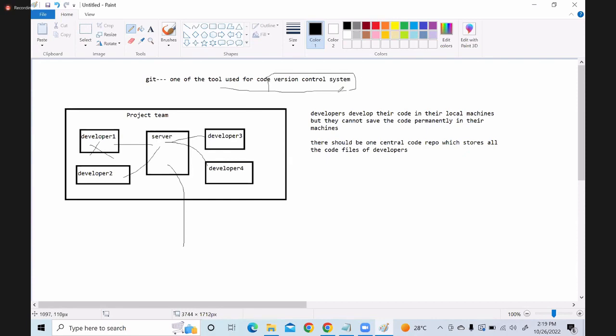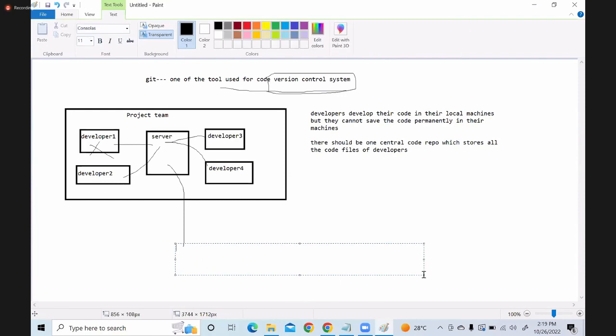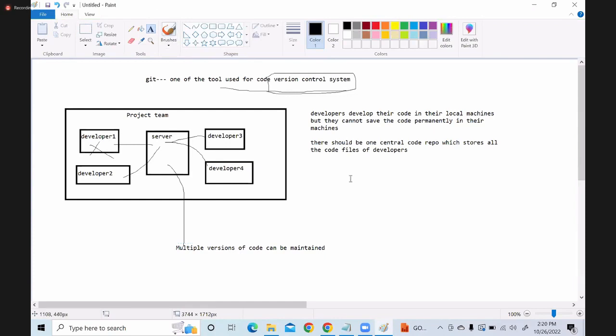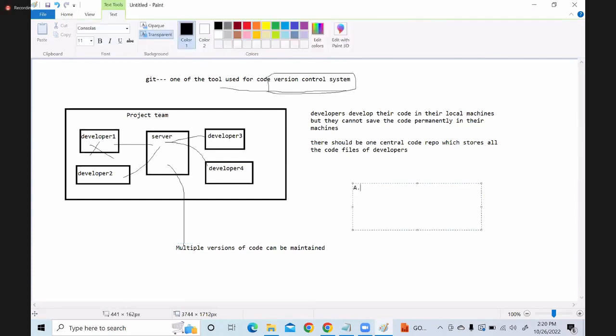And why is it called a version control system? Multiple versions of the code can be maintained here. For example, say we developed a.java and pushed it to the server with version 1.0.